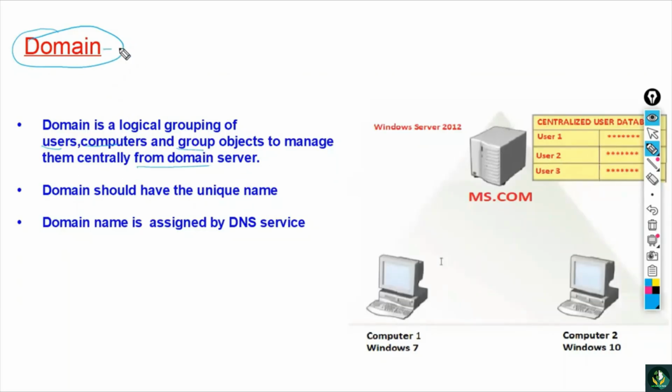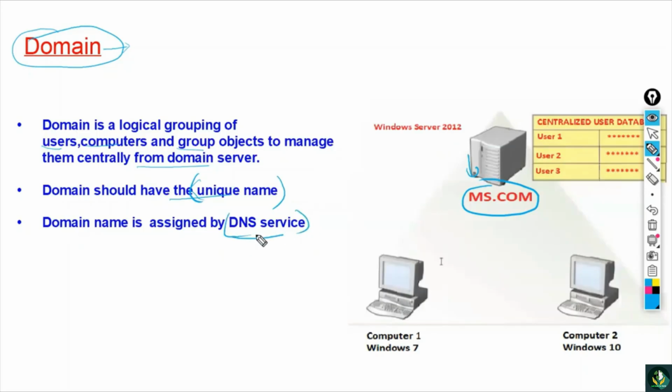So domain, in simple words, is your logical network. And the domain should have a unique name. So when you are installing this logical network, it should have a unique name, like ms.com is the name of your domain here in this case,